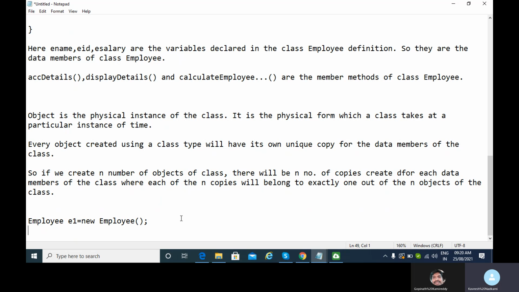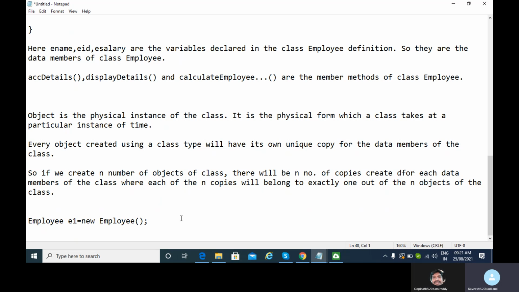What is the main use of a constructor actually? There are two uses. One is to allocate RAM memory for the objects of the class, and the other use is that it is used to initialize the values of the data members for that object. Suppose I want to assign some values to the data members of an object when the object is getting created, then I can define my own constructor in the class and assign the corresponding values in the body of that constructor. Clear, Gopinath?